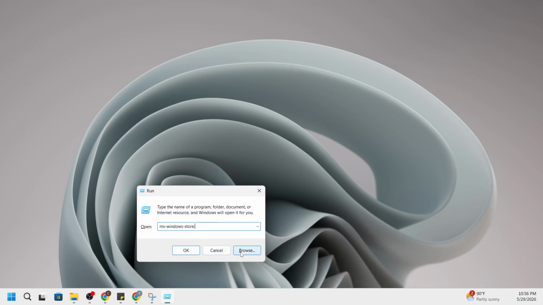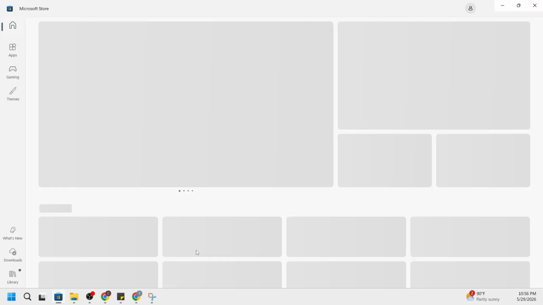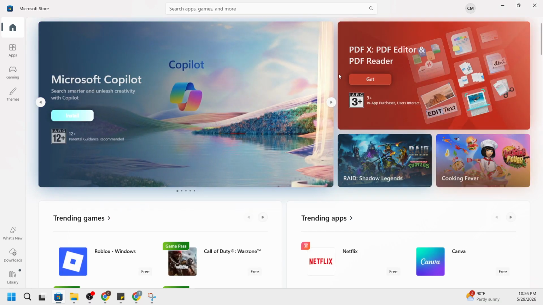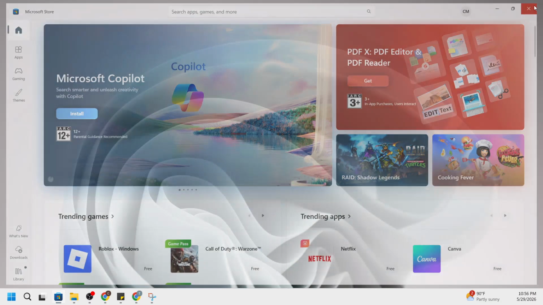This command tells Windows to open the store directly, and it's especially handy if you like quick shortcuts or if search feels cluttered. If nothing happens, make sure there are no extra spaces and that the colon is included. The command won't work without it.